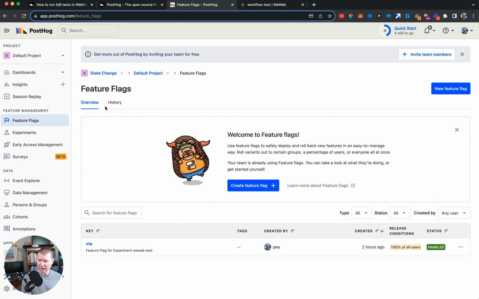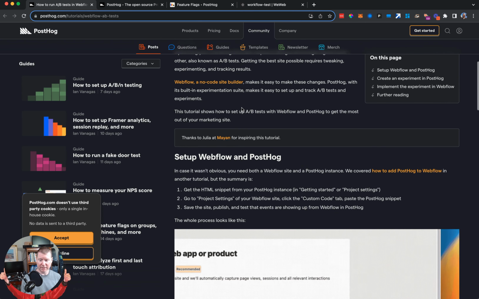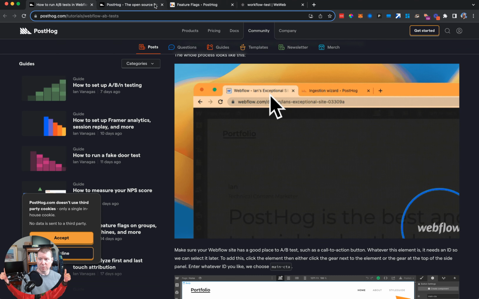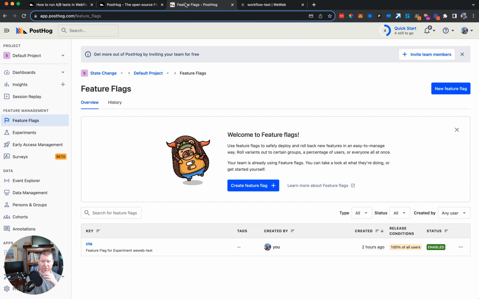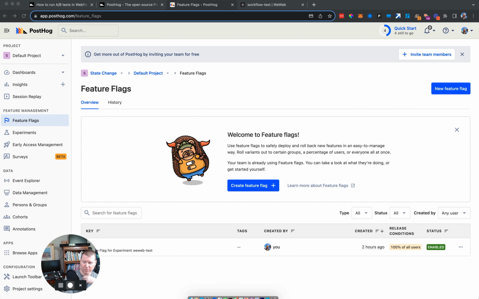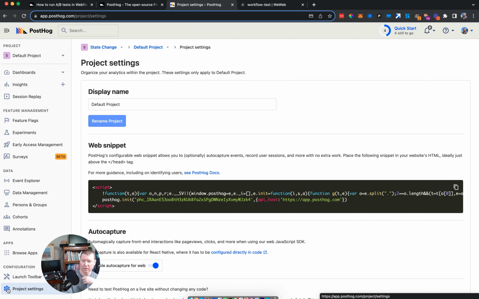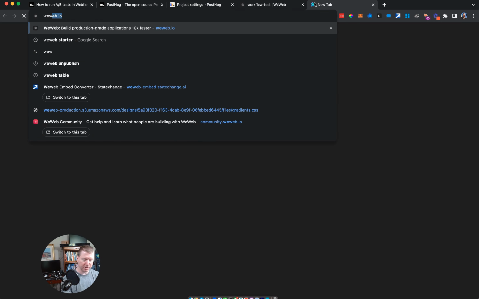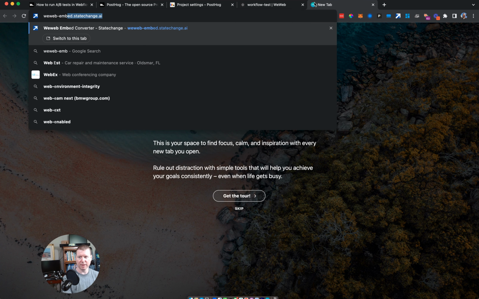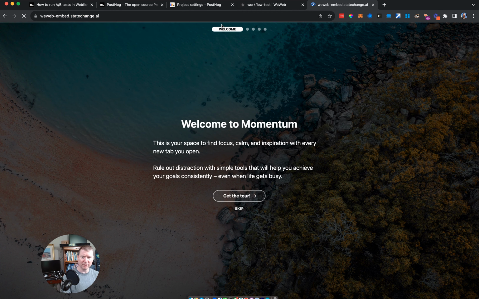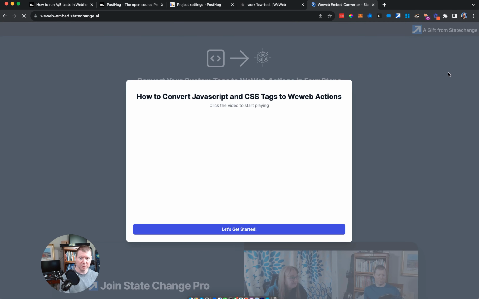Here I have feature flags, and I created one that's called CTA based on the Webflow A/B tests thing that they had us set up in here. I also got, and they give you this link when you're walking through it as well, but if I move out of the way, I can go down to project settings down here. They give you a script tag that you can insert into your WeWeb. Now, under most circumstances, I would at this point start talking about using the State Change WeWeb embed tool that we've made as a free gift to the community, but it's actually not very good for